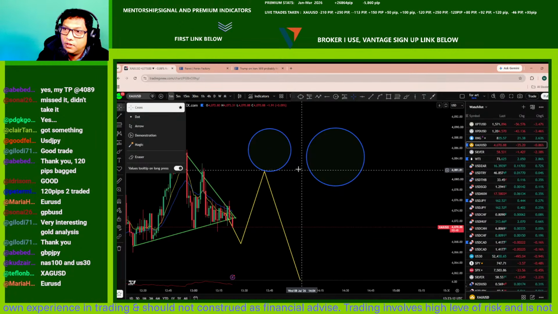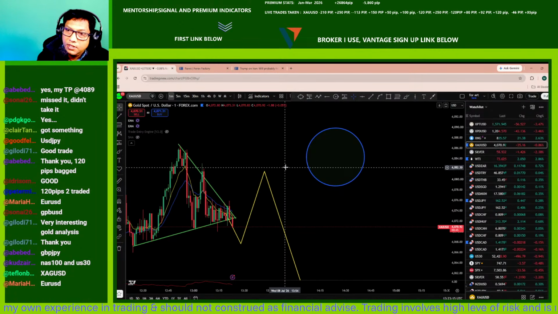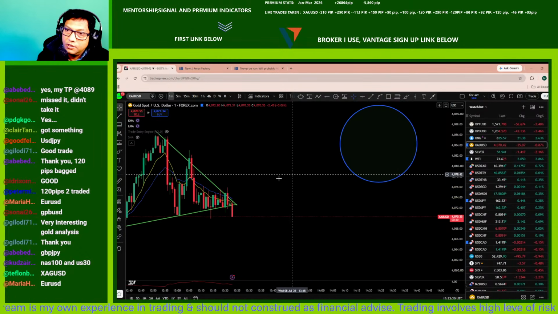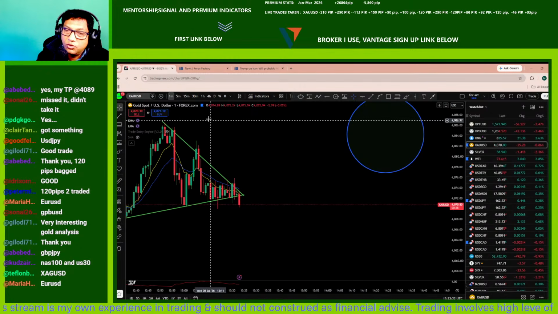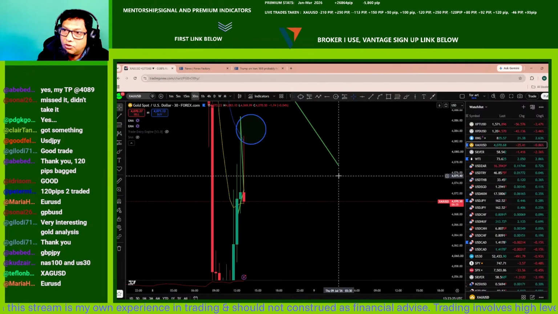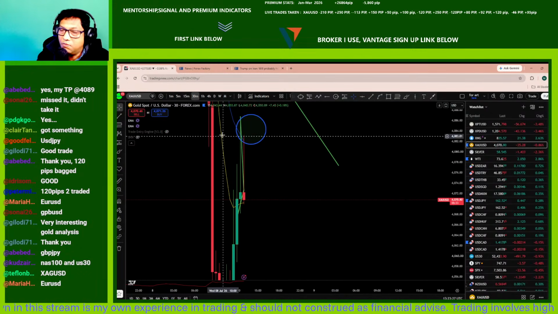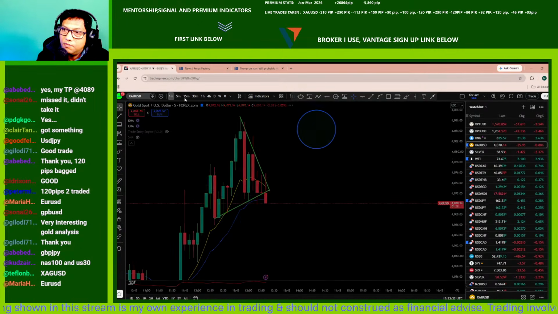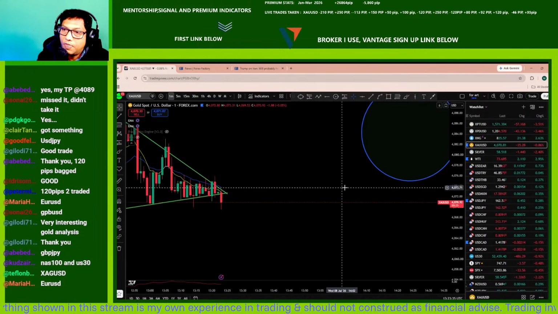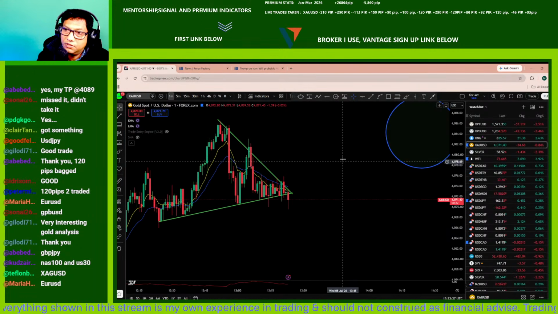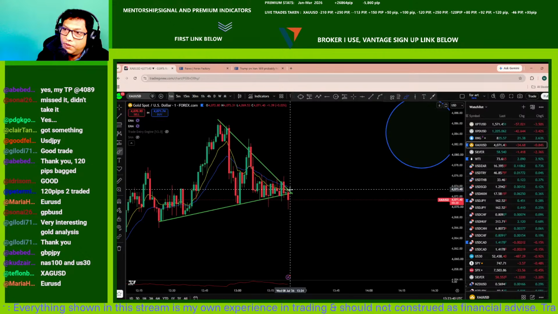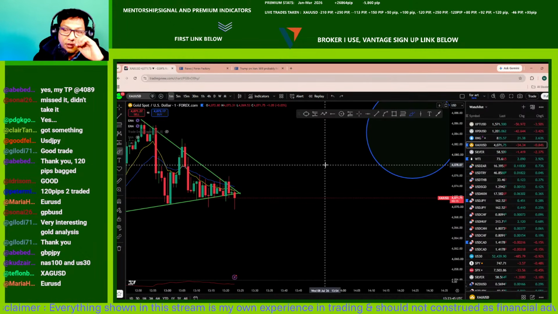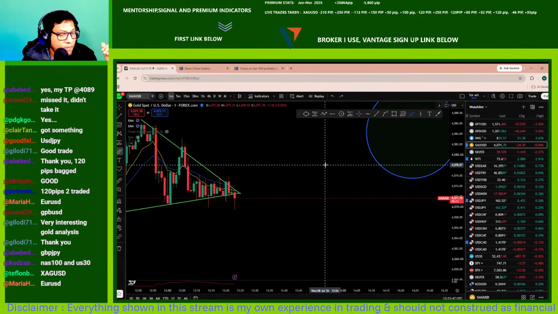Okay, now let's see some more. There is a narrow head and shoulder formation here. This head and shoulder can be a bearish continuation. There might be some selling pressure coming here, but I will still be patient here to see a little bit of a break up of this trend line and then a return. So in the meantime, while we're discussing trading psychology,